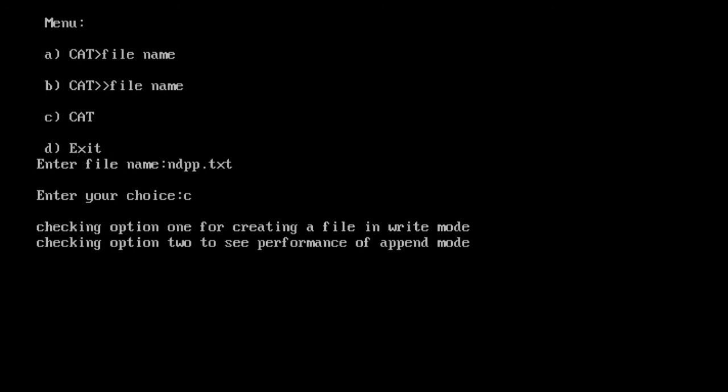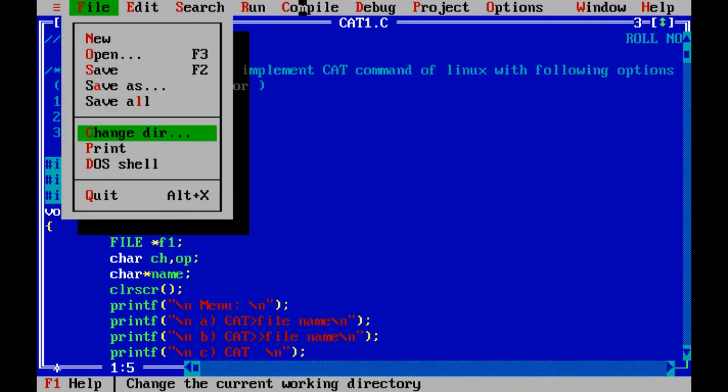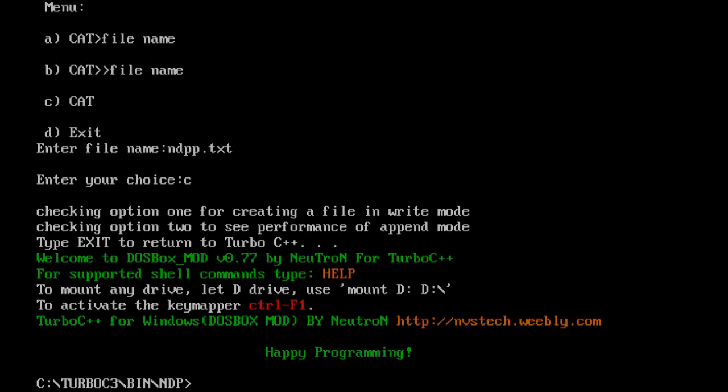It has preserved the previous ones, and also it has written the new contents to our file. Let us exit. You can do the same in the DOS shell by making use of the compilation step. Get your exe name and then perform the same in the DOS shell. But right now I just want to show you whether the file has actually got created or not.